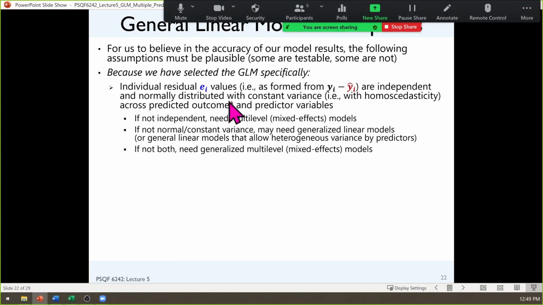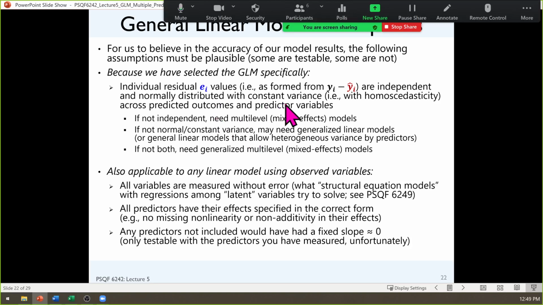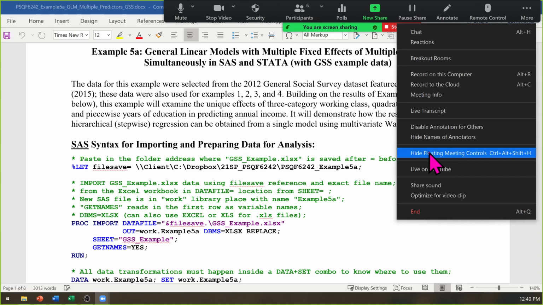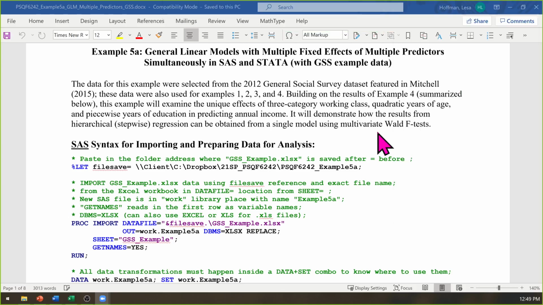All right, so do you want to see how this works? Why not, right? So let me go out of this and open up example 5a. The good news is that this is the last example using the same data set that we've been playing with all semester. The next ones I have new data for you in case you're getting sick of the General Social Survey. But it's helpful sometimes for continuity to layer these things in, so I've made a choice to use the same data. But this is the last time you'll get to see it.